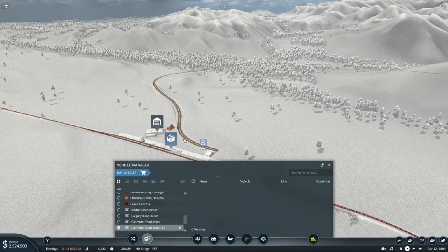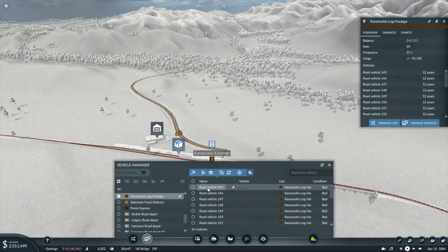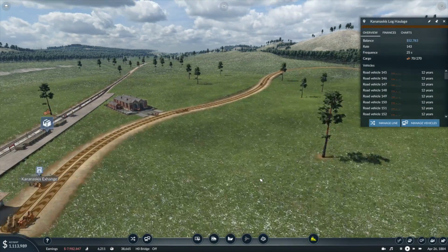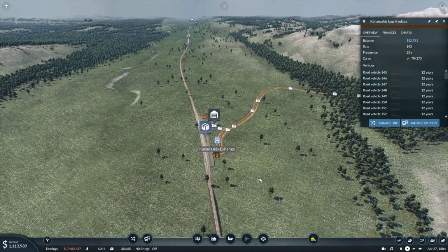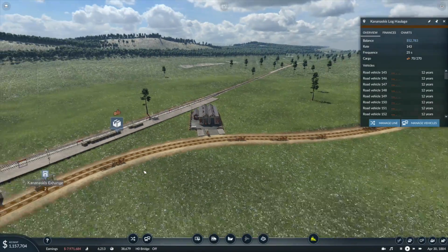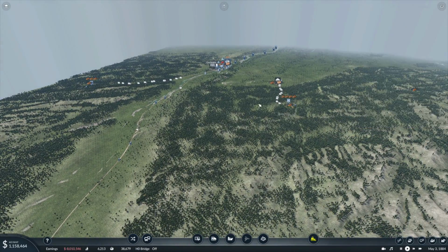If we grab the line here, log haulage, we're going to manage the vehicles. We have none selected, 24 vehicles. We're going to mass clone them, and then we're going to add, I think, 6 more, 2, 4, 6, perfect. So we're going to have 54 vehicles on that line. And that should hopefully expedite the amount of logs that we are shipping from here down into our sawmill,